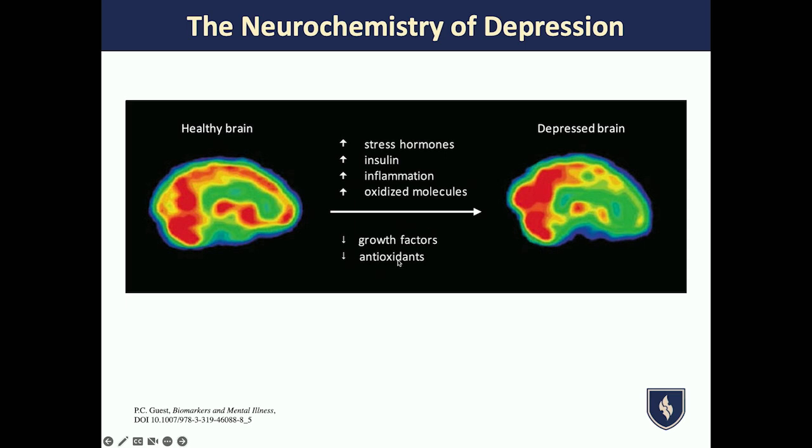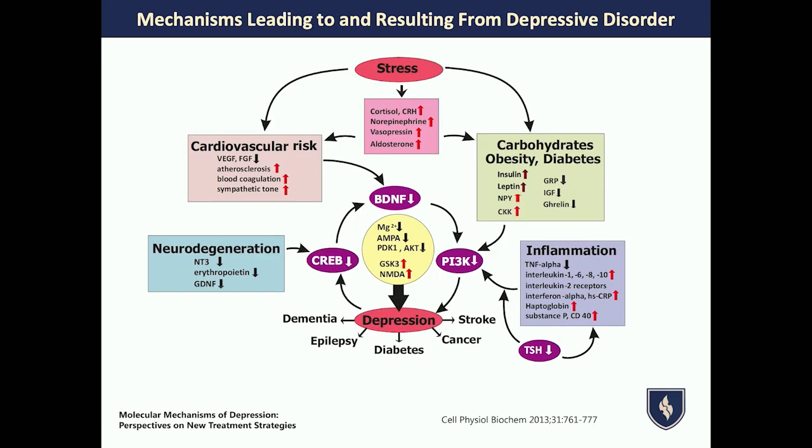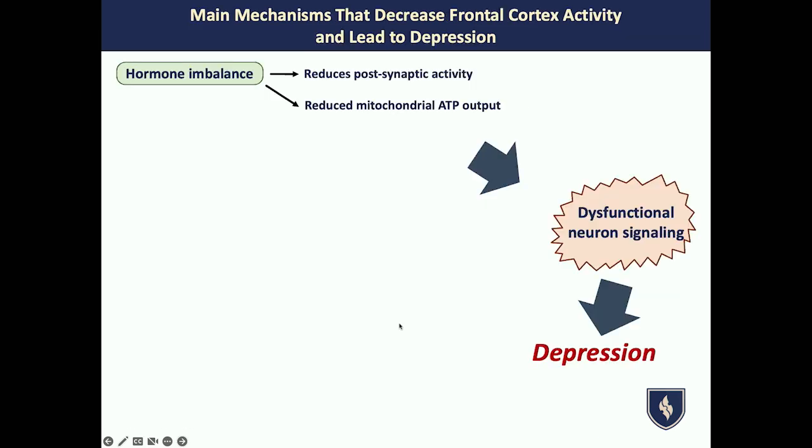Those are the things that are involved with people having severe depression that then impacts their frontal lobe pathways, where they have emotion and cognition and planning and executive functions and so forth. And you see this study that was published looking at molecular mechanisms of depression, and they go, listen, it's not necessarily a neurotransmitter issue, but it could be their chronic insulin issues or systemic inflammation or their chronic stress responses or their unhealthy vascular tone or early neurodegeneration that may be leading into their depression. So one of the things I just want to quickly review here are some of the main mechanisms that decrease frontal cortex activity and lead to depression, okay?